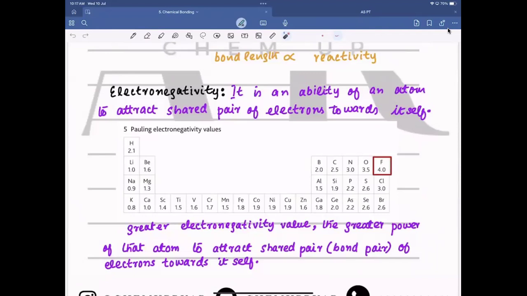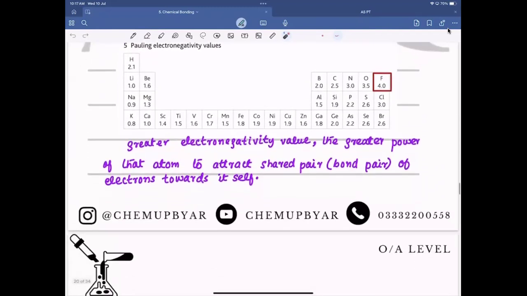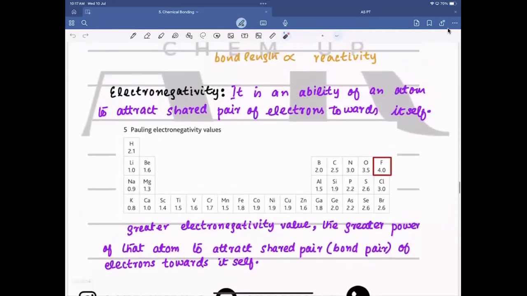Okay, can I ask you a question? Yes, sir. Why are there no noble gases over here? Because they all are stable, they don't react. They don't bond, right? Yes, sir. Good. And whatever element has the highest electronegativity, is that going to have a more amount of bond energy? No, it's not necessary, but it has